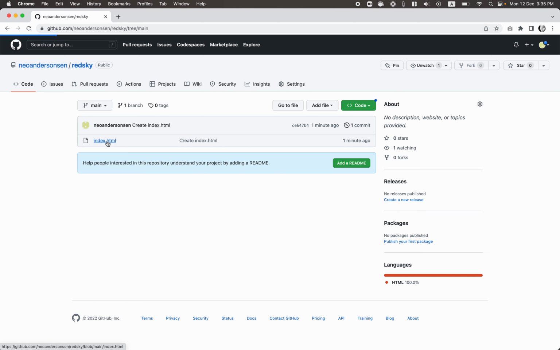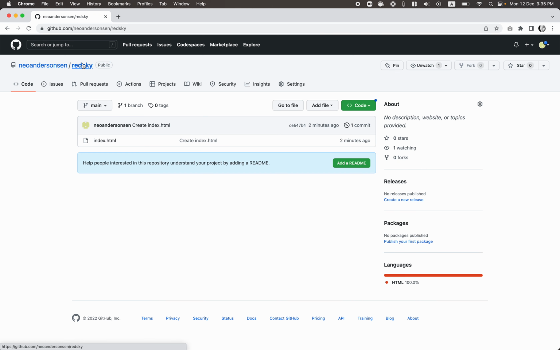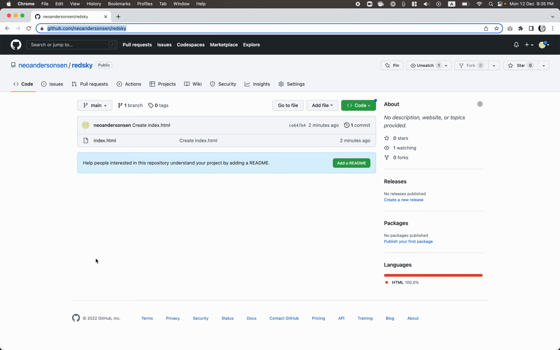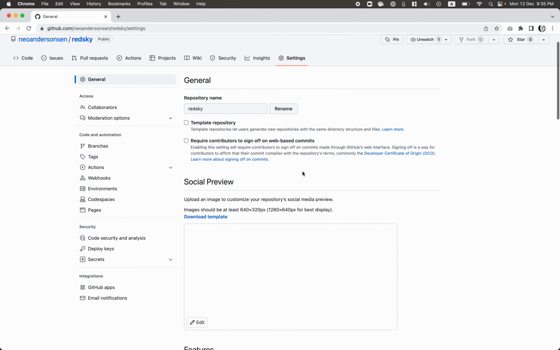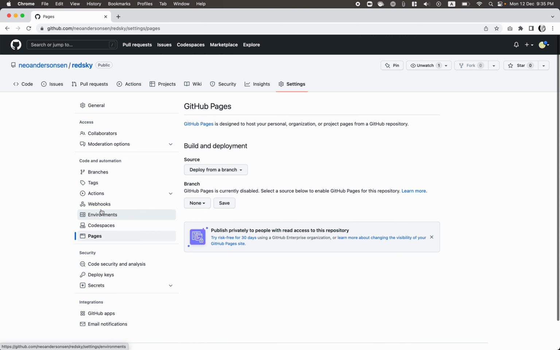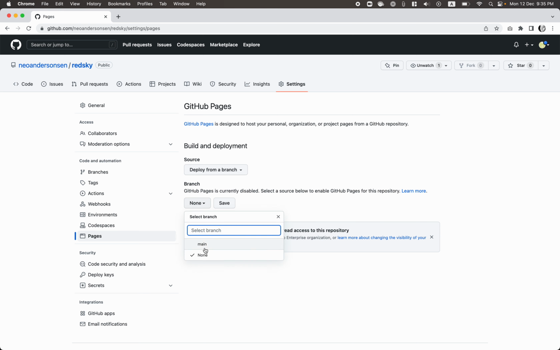I have one repo with a simple HTML file and I want to deploy this somewhere. So what I do is I go to the normal GitHub repo, I go to settings, and in settings there is a pages option. If you click on that, there is an option to deploy to a page. So here you select deploy from a branch and select the branch, which either is going to be master or